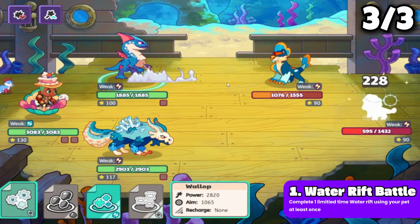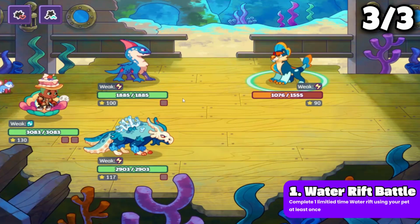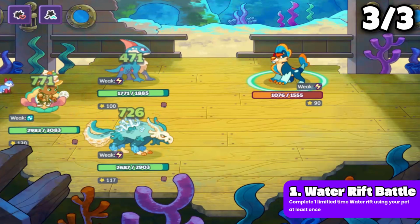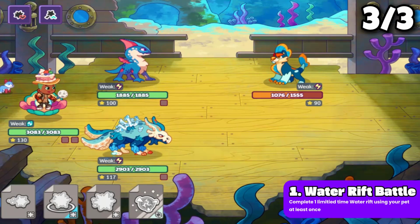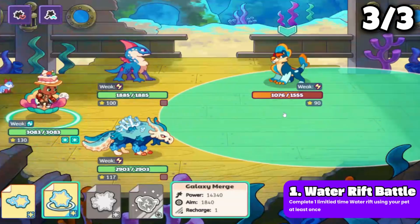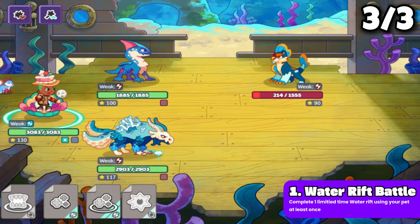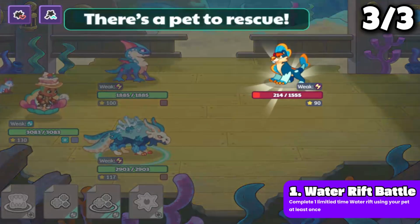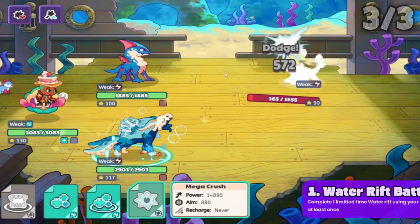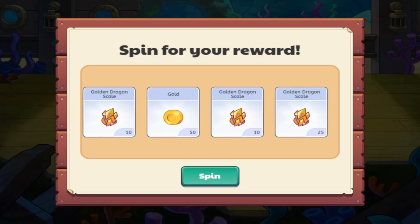Oh my gosh. I am so lucky that these pets are at level 90. These spells are atrocious. These pets are not very good. Titus isn't very good either. It's just all AoE multiples. I'm so lucky we got this healing though. This is really nice. I think we've got this in the bag. We got so lucky. I'm so glad they were at level 90. Oh my gosh, we would have gotten destroyed. If it was anything else, we would have gotten walloped. Let me just tell you. Okay, with that, Mega Crush should take out Aquaster,